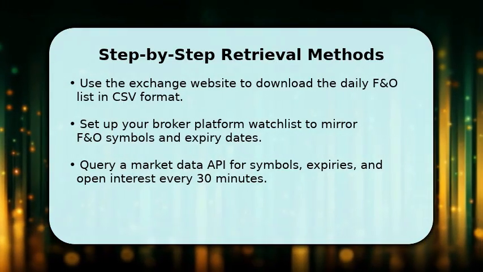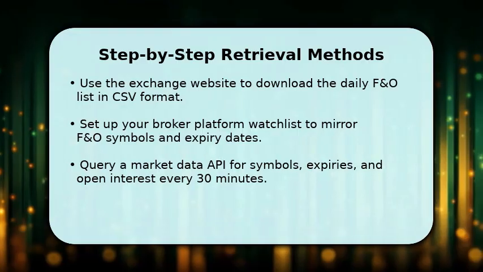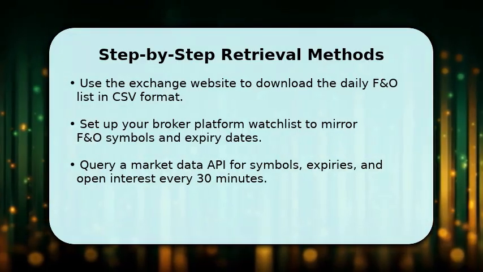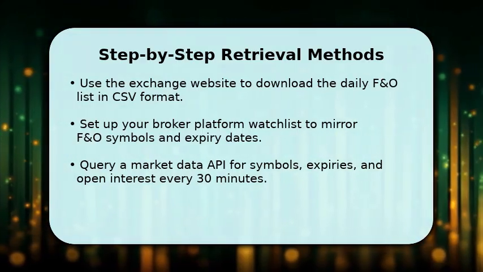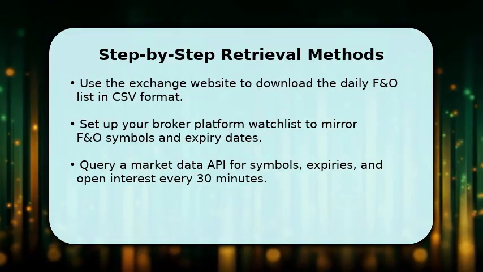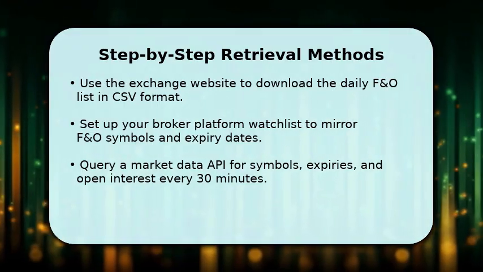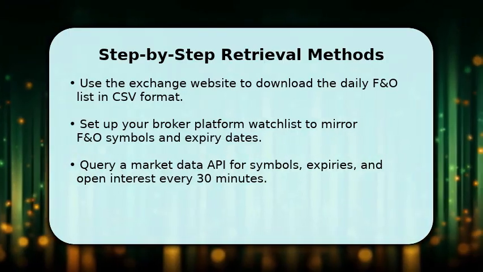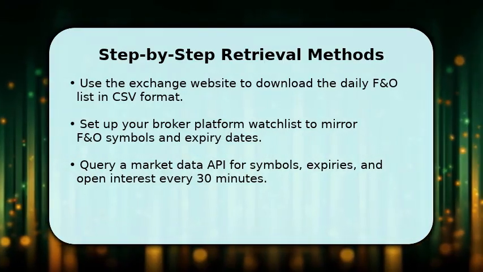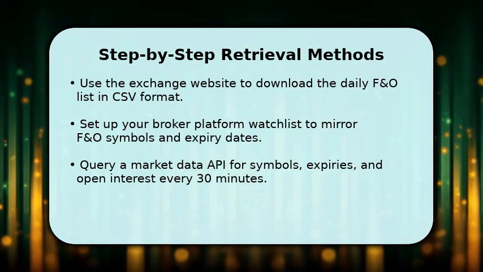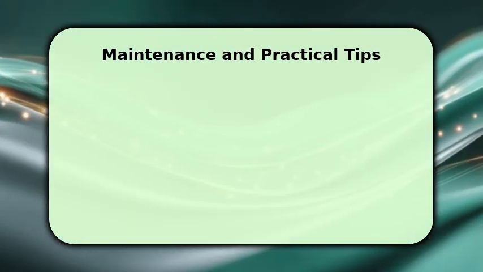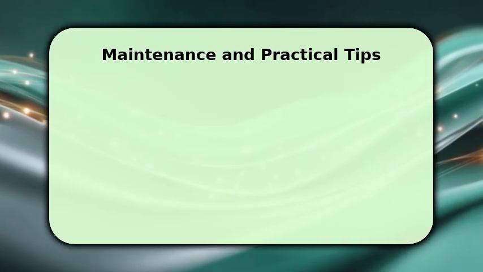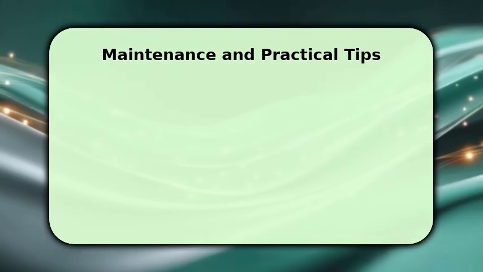Second, log into your broker platform and create a watch list to mirror F&O symbols and expiry dates automatically. Third, configure a market data API to query symbols, expiries, and open interest every 30 minutes for real-time confirmation and historical archiving. Validate your F&O list daily before market open, ideally before 9:15 a.m., and archive snapshots with timestamps for